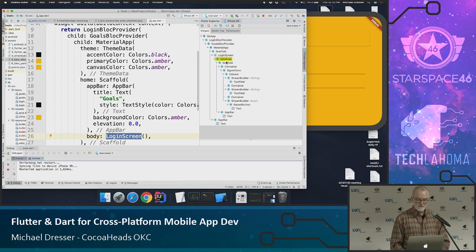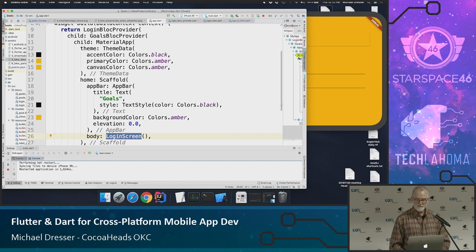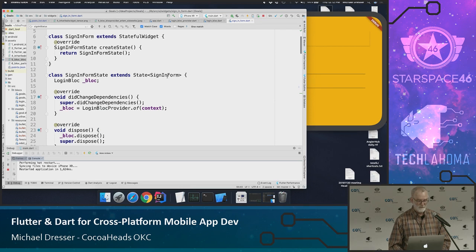But since the provider's above it in the widget tree, we can get to it. Go to the sign-in form. So this is a sign-in form widget. Actually, it's the state for the widget, which is here.